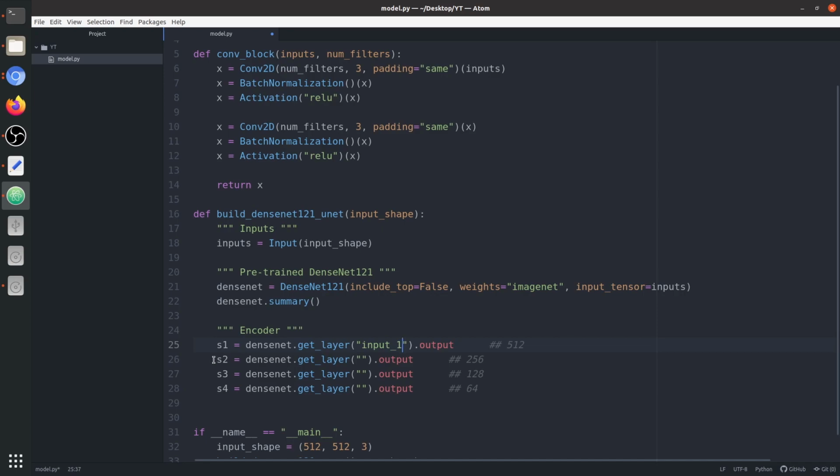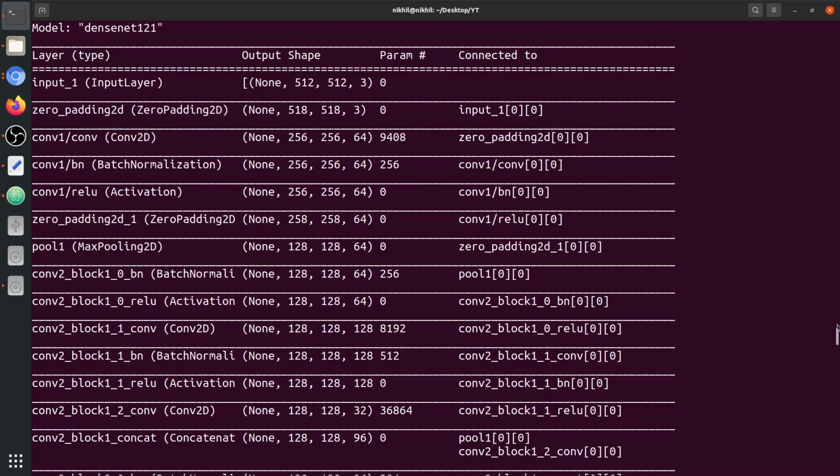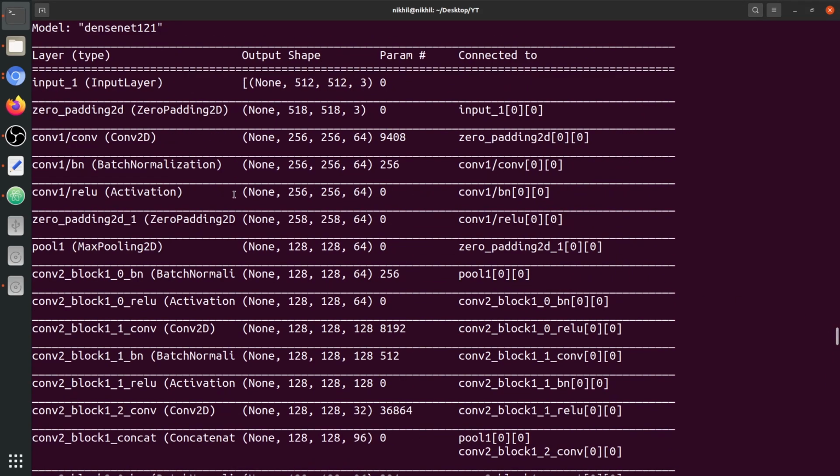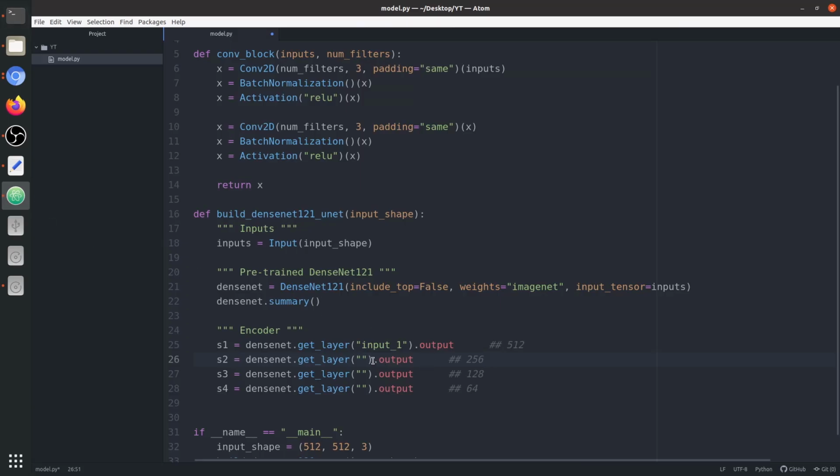Now we need the second skip connection of shape 256 by 256. Let's go through this architecture, and okay, it's 128 already. So you can see we have conv1 slash ReLU as 256 by 256, and it's an output of the activation. It's much better to have an activation function output instead of a batch normalization or convolution output.